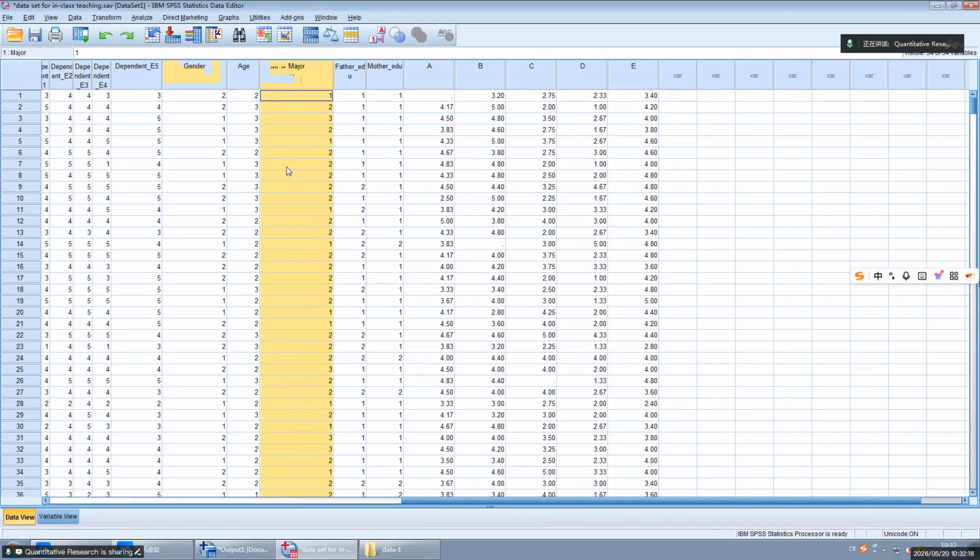For the dummy variable for social science, all the students majoring in social science will be labeled as 1. All the others, 0. Right? Yeah.